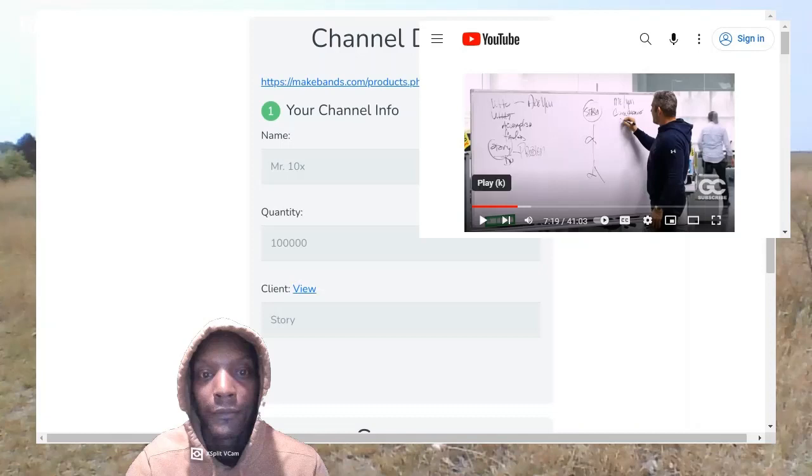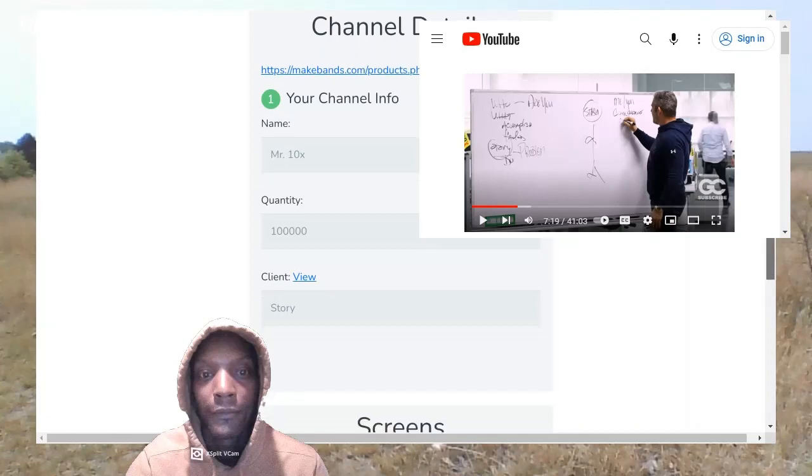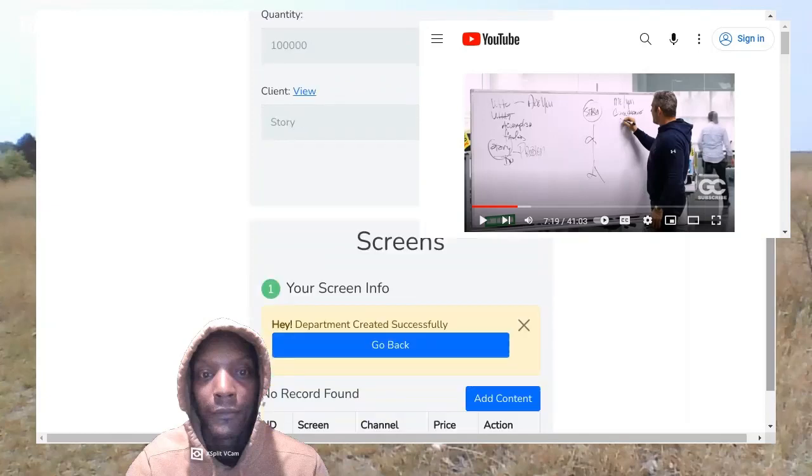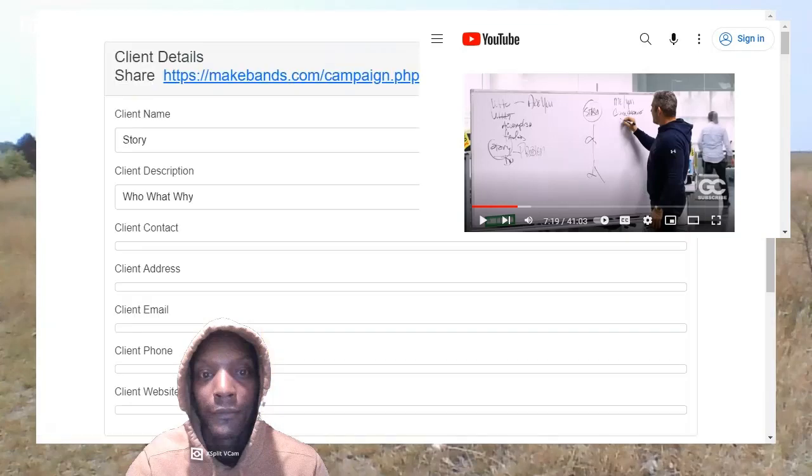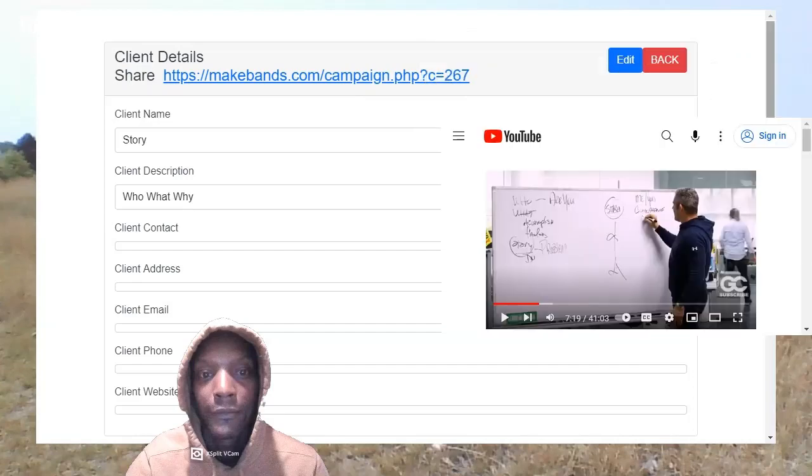Really creating the story. So yes, from here we can view Mr. 10X. We set it with the quantity of 100K. For now, we'll just view the client, which is the topic. The main topic is the story: who, what, why, where. And if we wanted to edit this with the failures and successes instead of just the who, what, why, when, where, how, then we would just hit the add button.